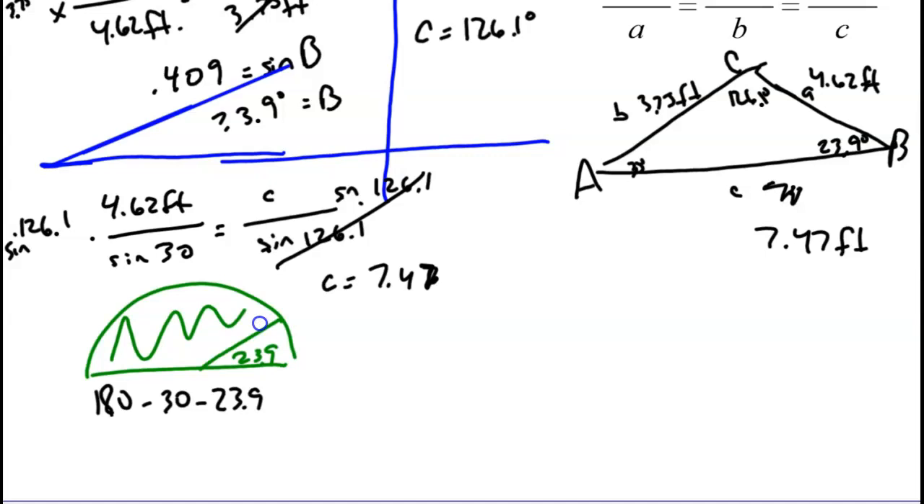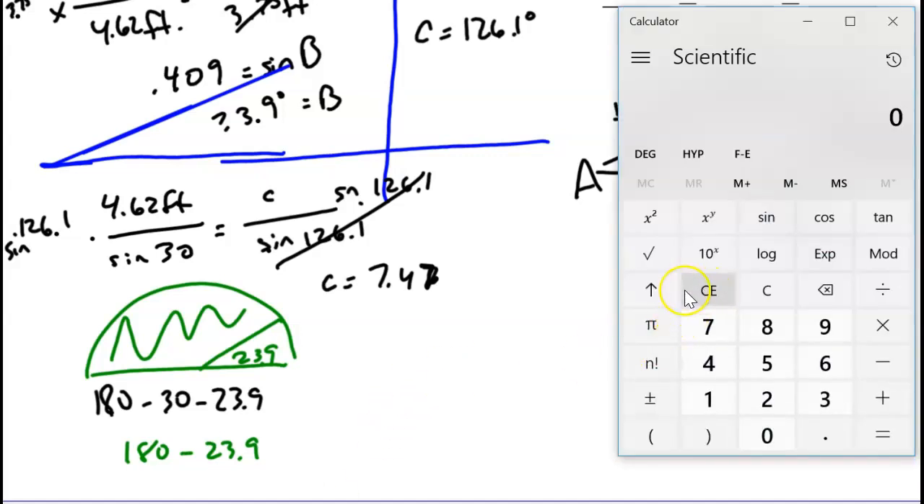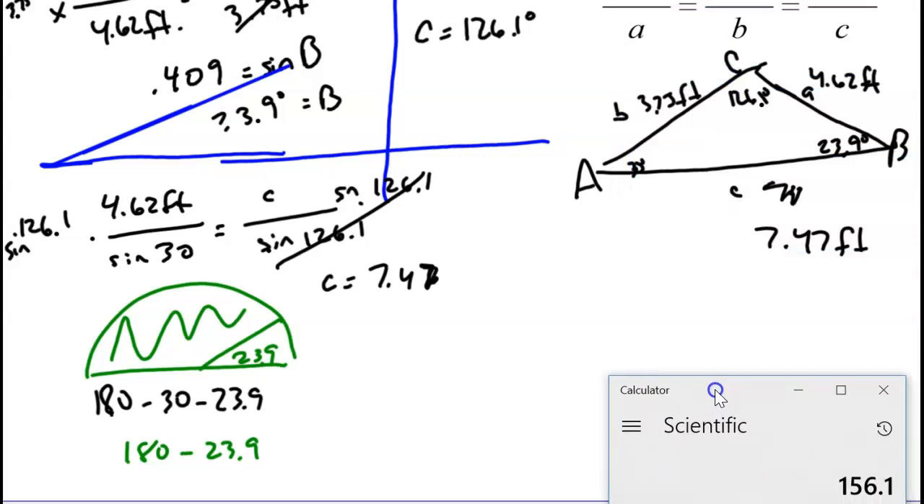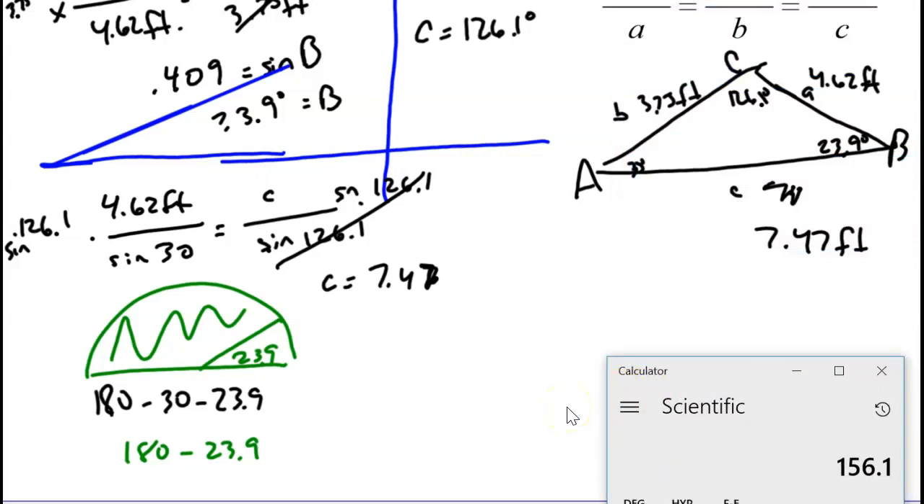And so to find that, we're going to subtract 180 minus 23.9, and we're going to get 156.1. So now what we're going to do is we're going to say, okay, if this triangle, because remember, we don't know what this triangle looks like over here yet. We see that we have one triangle over here that looks like this, but maybe there's another one. And so we're going to say, okay, if we took this 156.1, that it might be